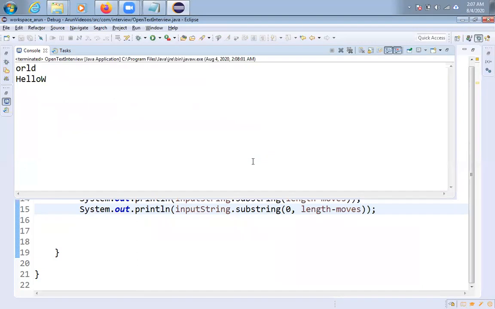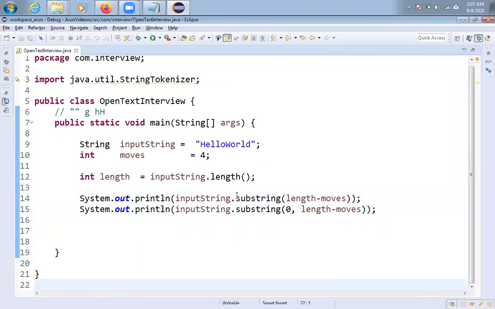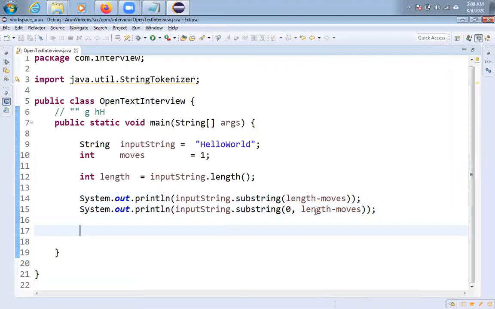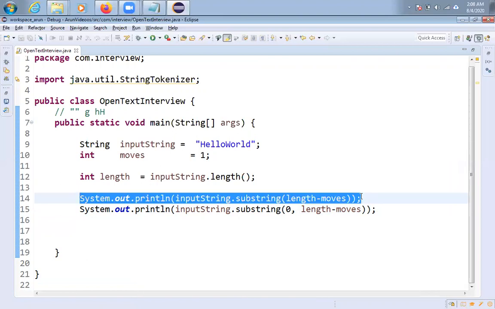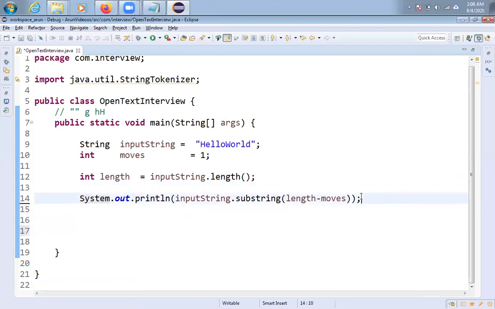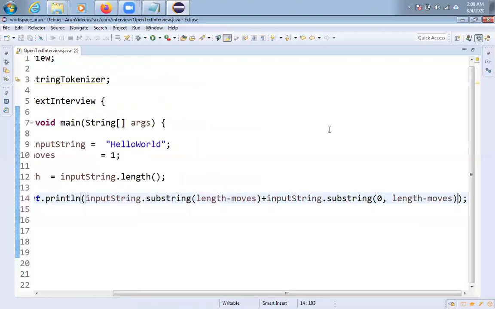If you see here, hello w and world, so it is splitting like that only, right? So I am passing one. See the output here, d and hello. Now what I will do here, I will take this one and I'll append it at the beginning of the string. So that's it, friends. So cut this one and plus here, put it here. That's it, friends. My job is done.